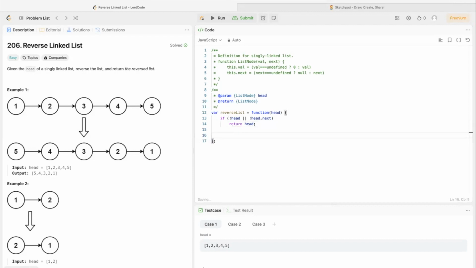Okay. And then we're going to go ahead and create a second pointer, the to-do pointer. Let's say let todo is equal to head.next. And we're going to set the next pointer of the head to null. Okay, and then we're going to have a while loop. And this one loops until todo is null. So while todo is not null,